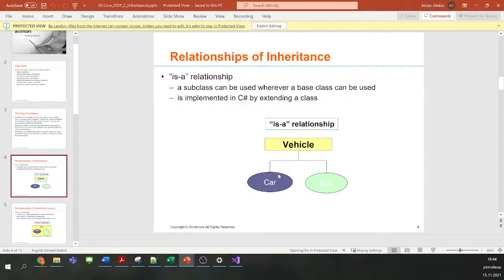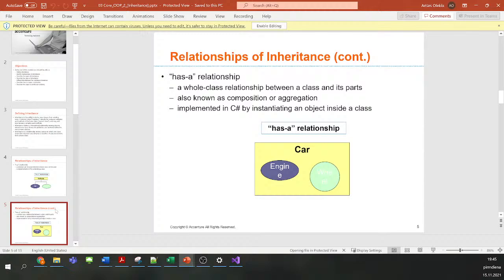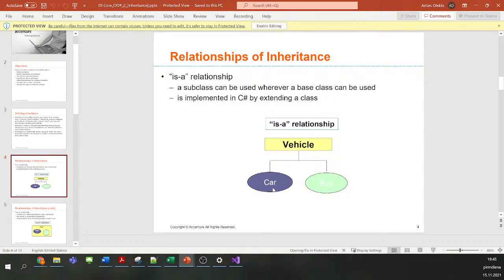Vehicle is not a car, but the car is a vehicle. Vehicle is not a bus, but the bus is a vehicle. And we cannot say it vice versa. If actually we have a situation where we can say vice versa, then most likely something is not really correct in your design, because normally we should not have such a situation.